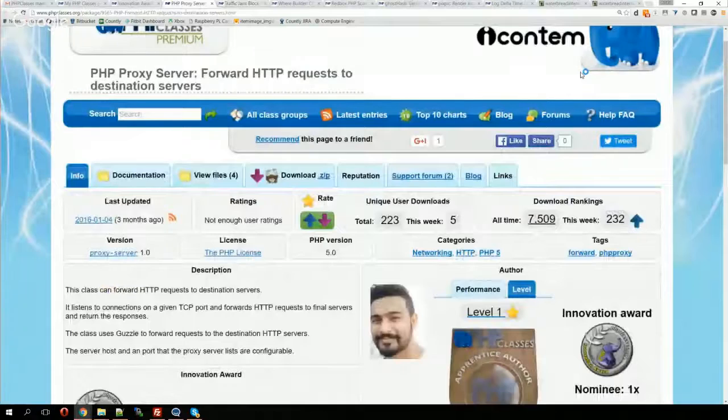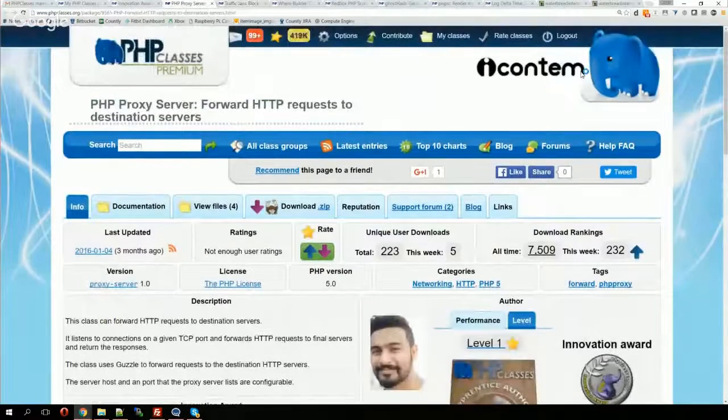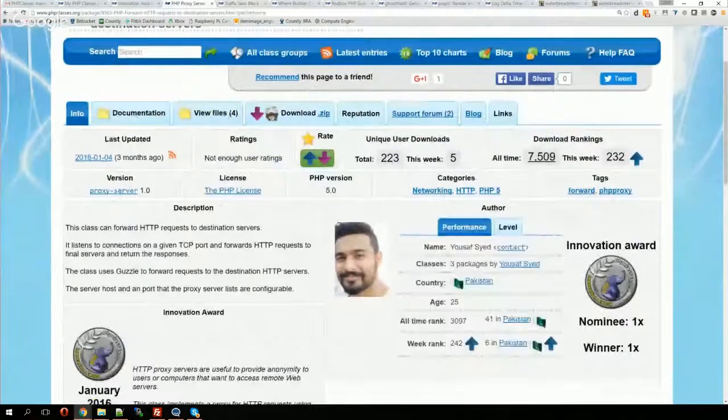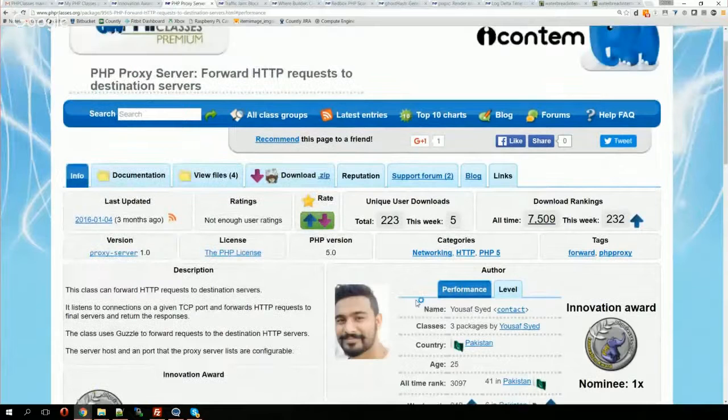Other packages I wanted to mention are PHP Proxy Server, developed by Yusuf Syed from Pakistan. And basically, as it says in the name, it provides a proxy server. Basically, you send an HTTP request to this server, and it listens to the TCP port on which HTTP requests are received.